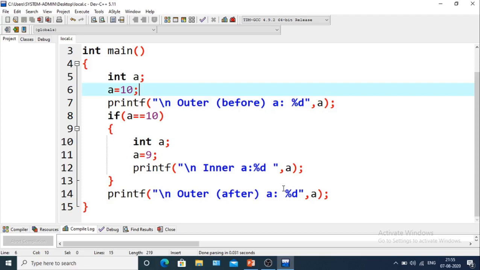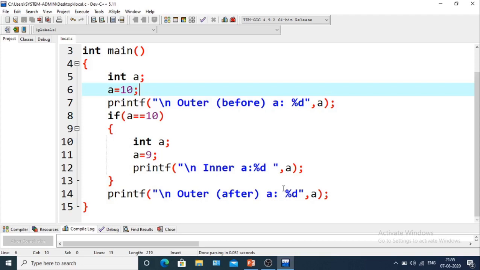This is because a local variable is only created upon entry to the block and destroyed automatically on exit. Whereas the scope of a global variable is throughout the program, since it is created when the program starts execution and destroyed when the program execution stops.